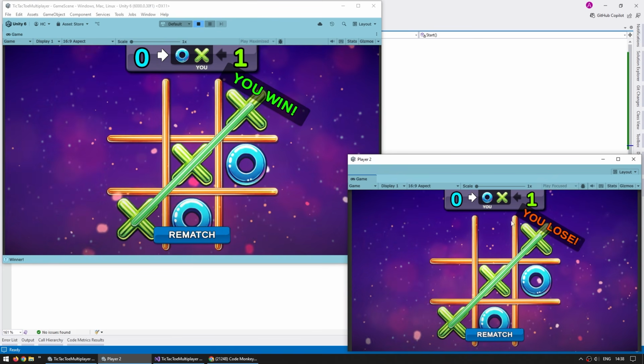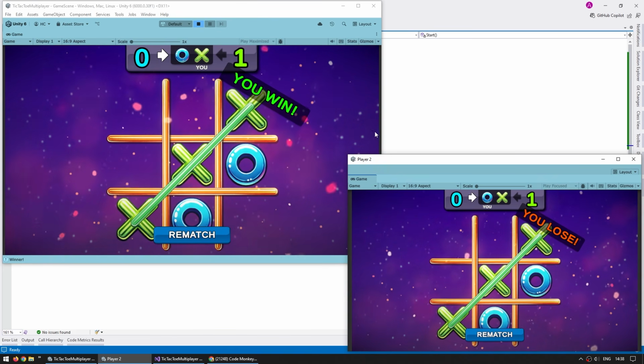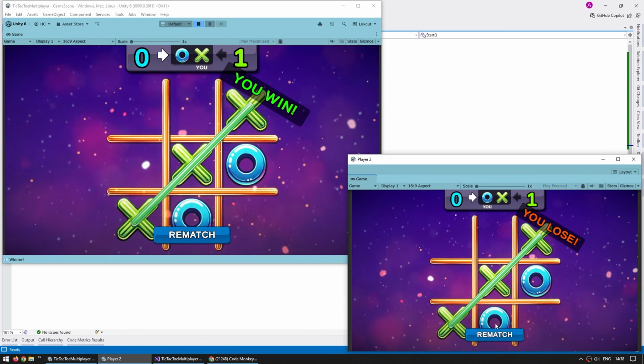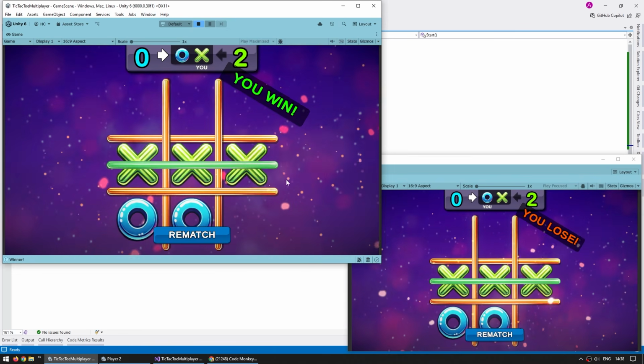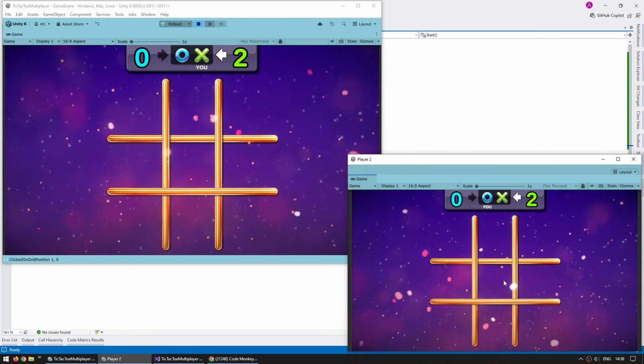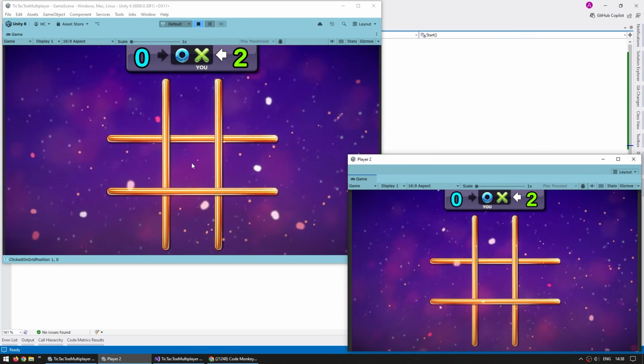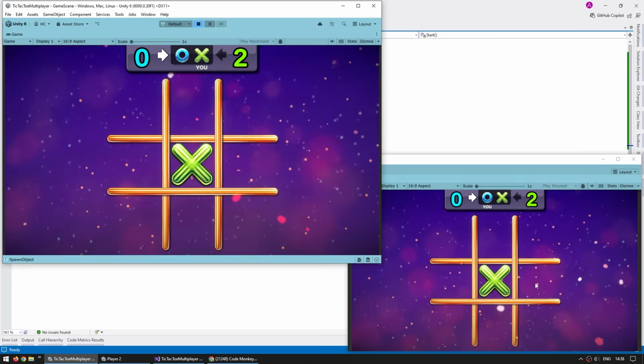Then we can see the score is also being tracked, so the score is currently 1-0 for the crosses. And we can then rematch and start playing all over again, take all kinds of measures, and there you go, win again, lose again, rematch, and so on. So yep, this is the game, and despite being a relatively simple game, this one actually taught us